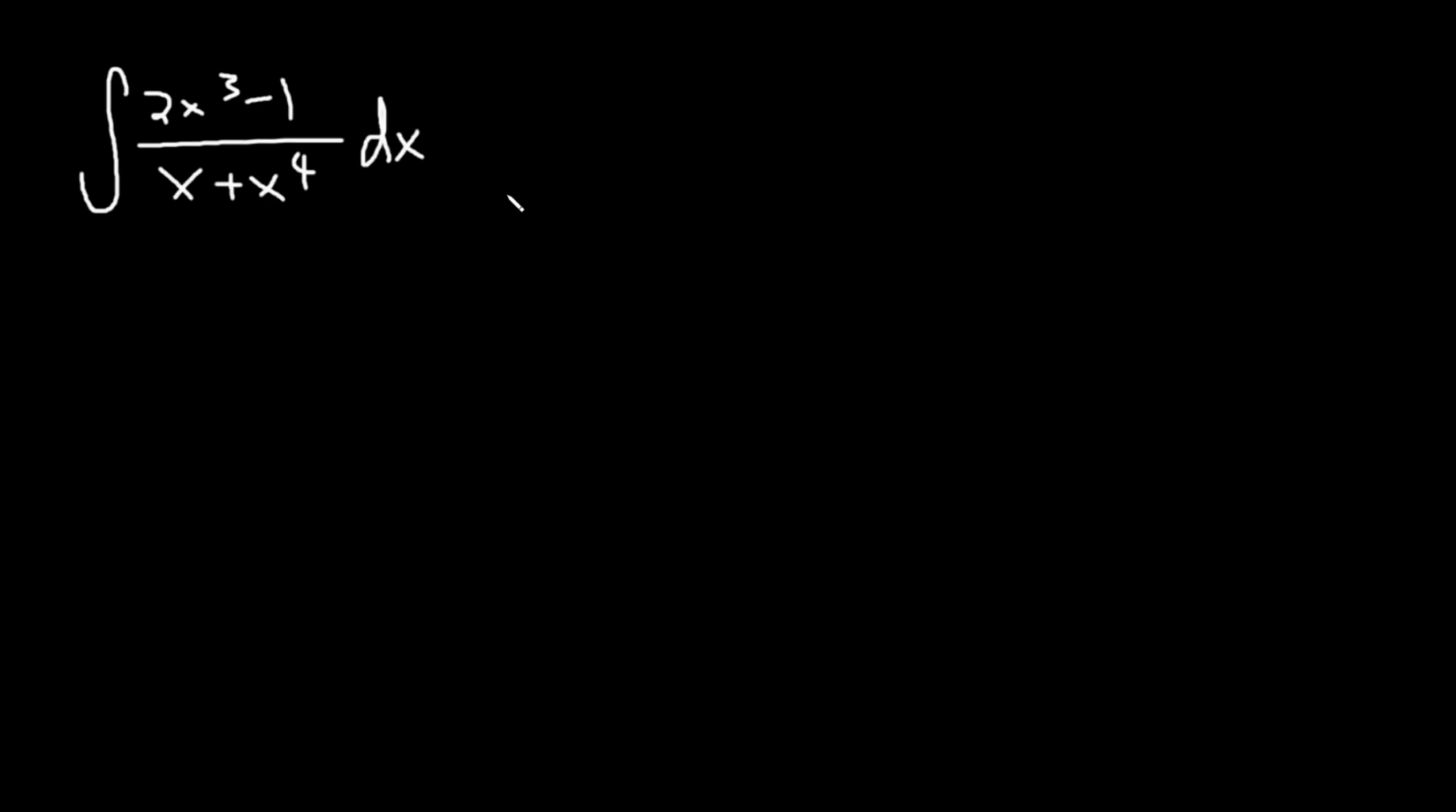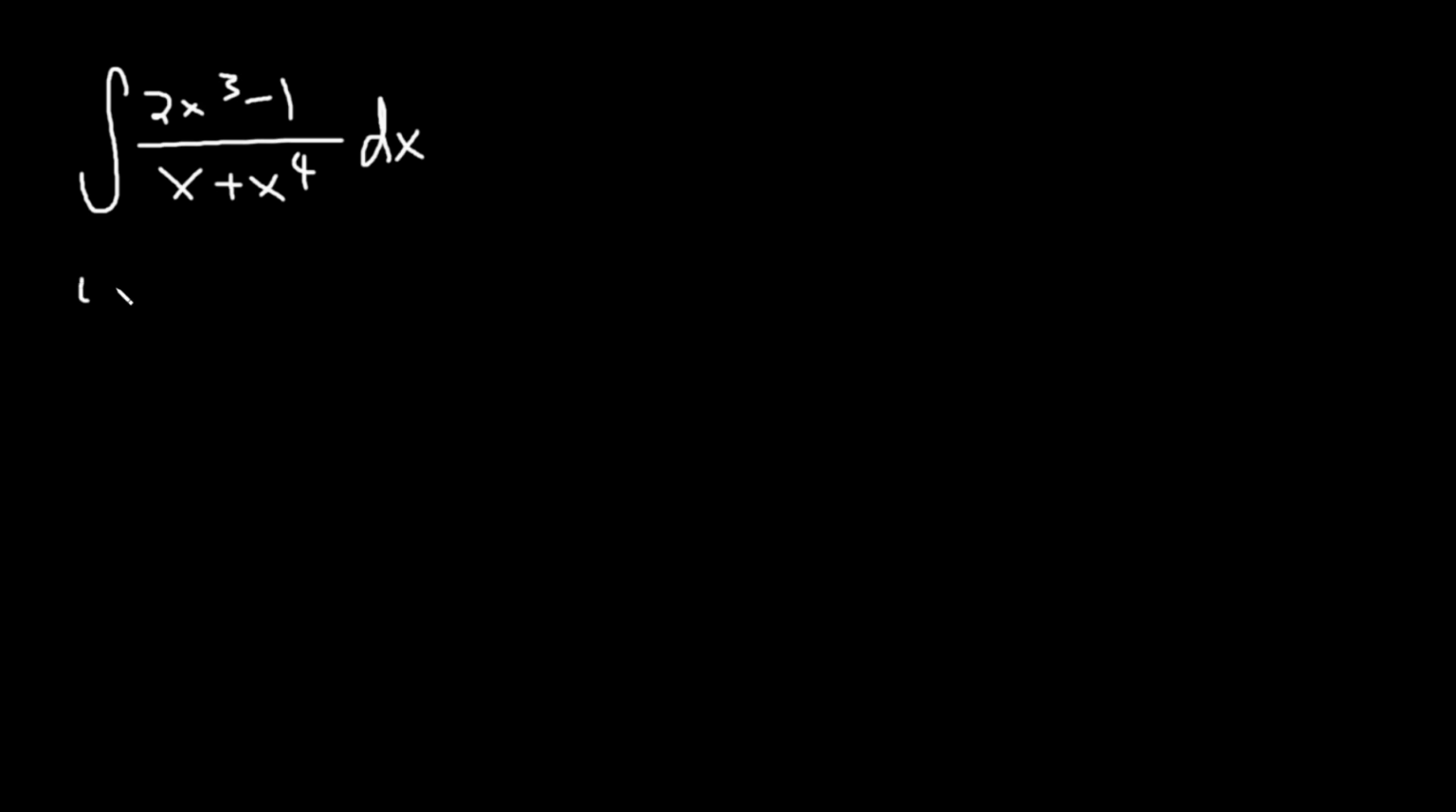Today I'll be providing a solution to one of the integrals from the 2006 MIT integration bee. First off, let's notice that this denominator has terms that are degree 4 and 1 respectively. And on the numerator we have a term of degree 3 and degree 0. When you have a denominator that is 1 degree higher than your numerator, it's usually a good sign to do